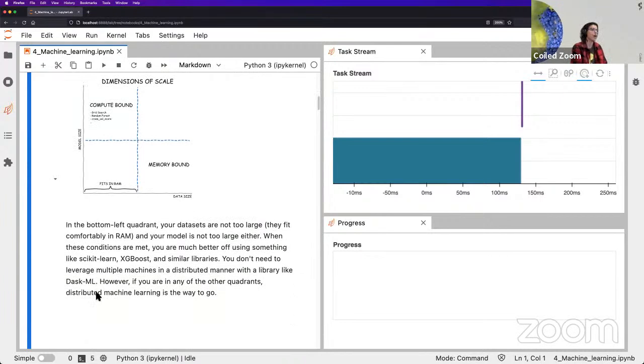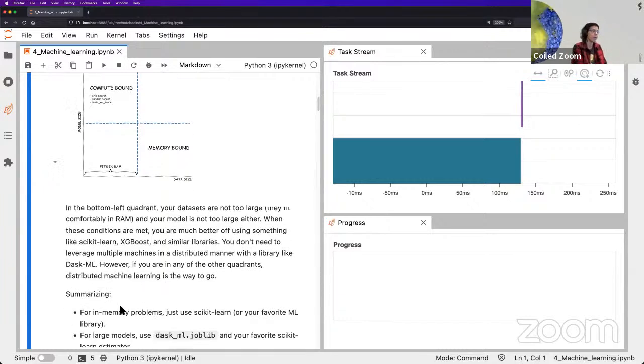So when these conditions are met, when you have things that are bigger and things are taking forever, then you might want to leverage multiple machines. And you could use a cluster, or you can even, on your own machine, try to use distributed computing to perform